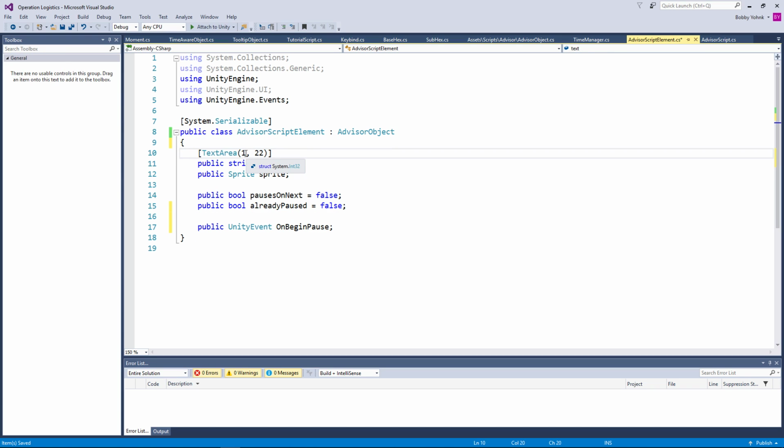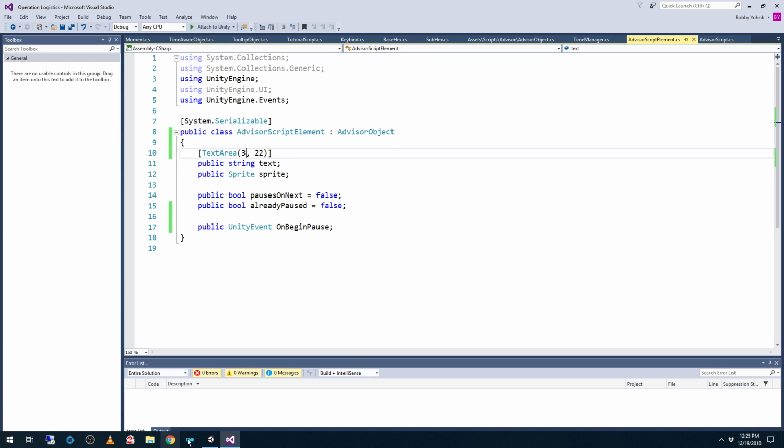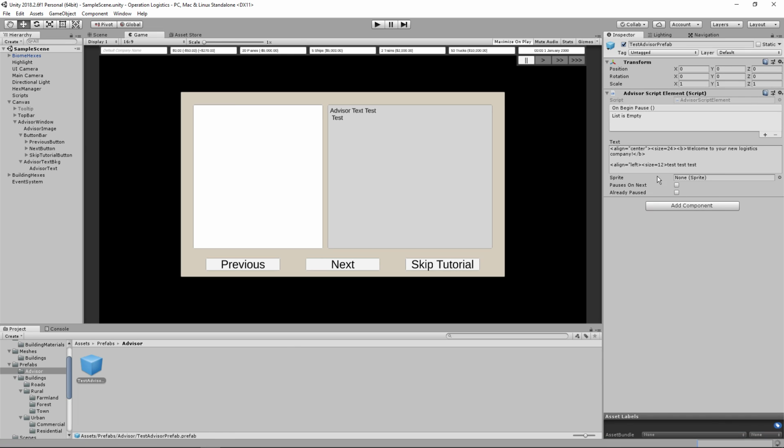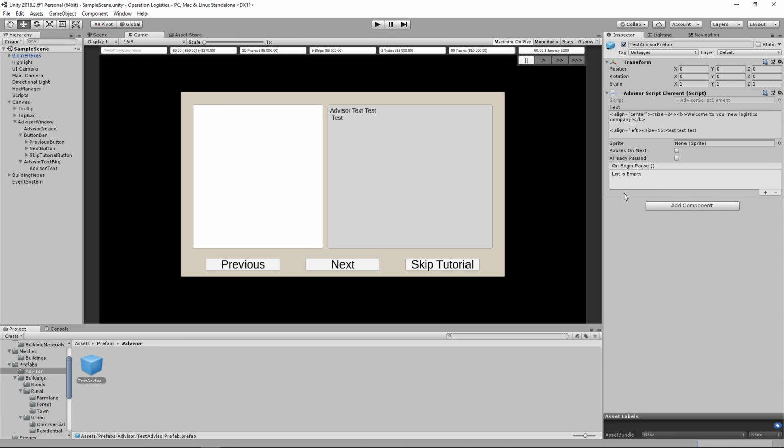And I think the minimum number of lines for the text area, I'm going to bump up to 3, because I want this to be just a little bit bigger when this is empty anyway. Yeah, there we go. That feels a little bit better. So on begin pause,